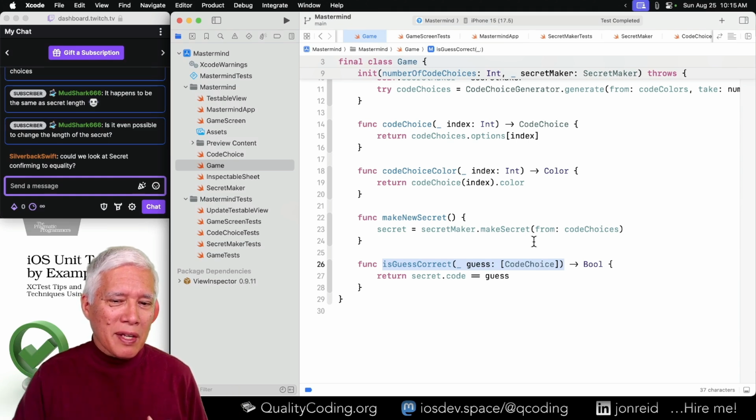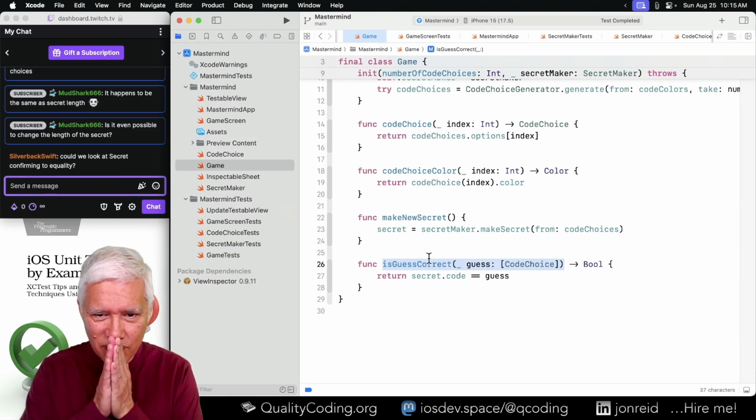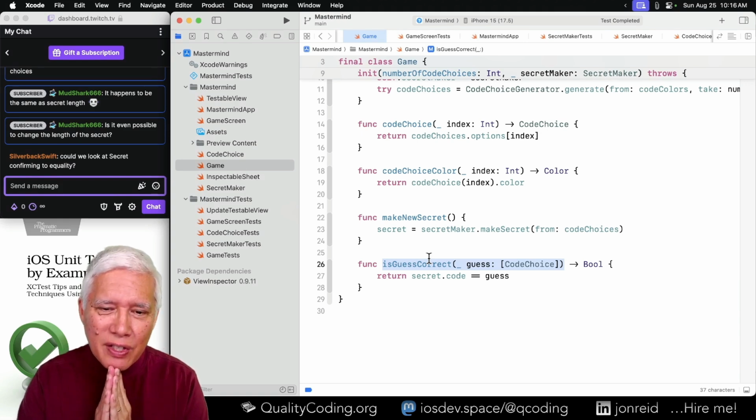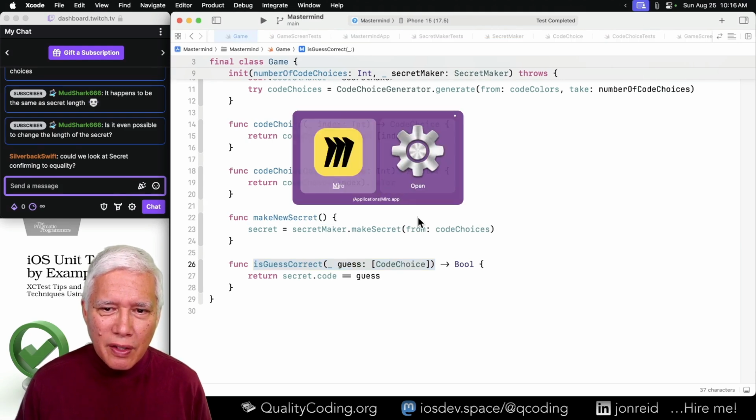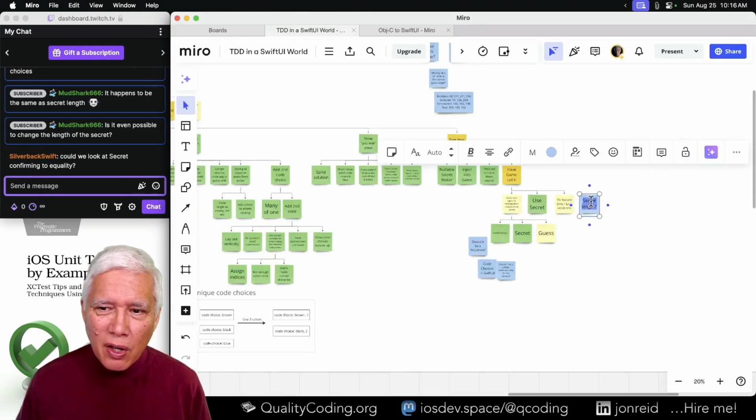So secret is made up from the options. But I need to make this ugly before we make it good. In other words, I want to hard code